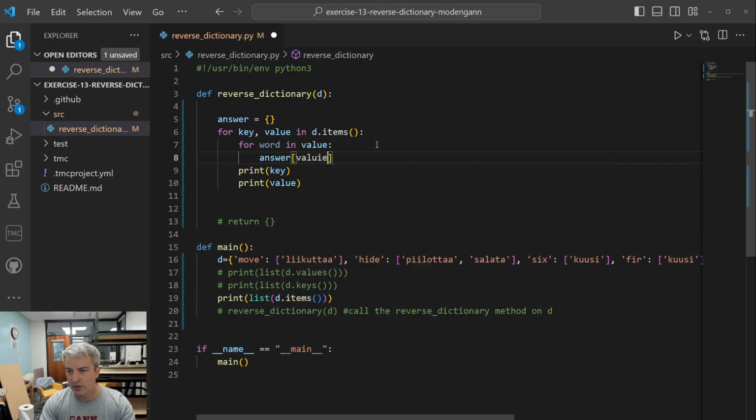Oh, no. I'm going to mess that up. Oh, it's not value. It's word. Answer word is equal to key. Okay. So when I loop through here, value is going to pull out a list like this. Like in the very first loop, it's going to pull out this list. I'm going to look for a word in that list. And then every time I find it, for example, here, I'll find